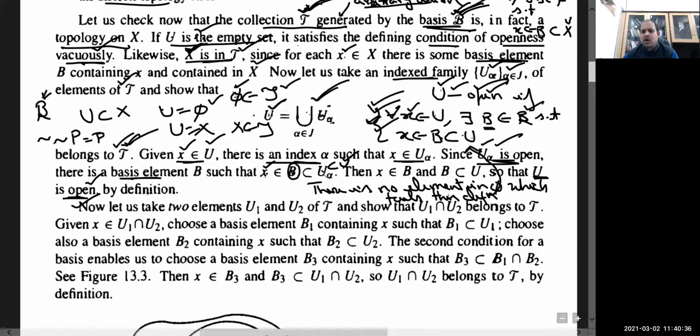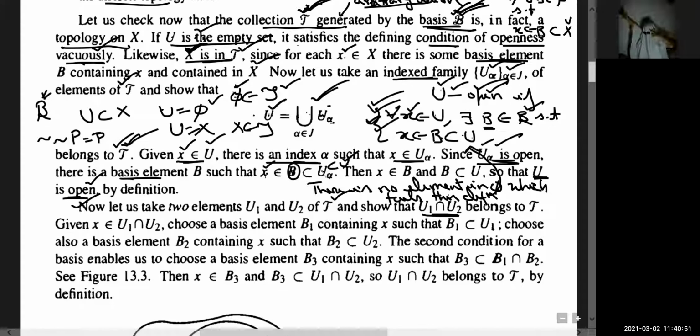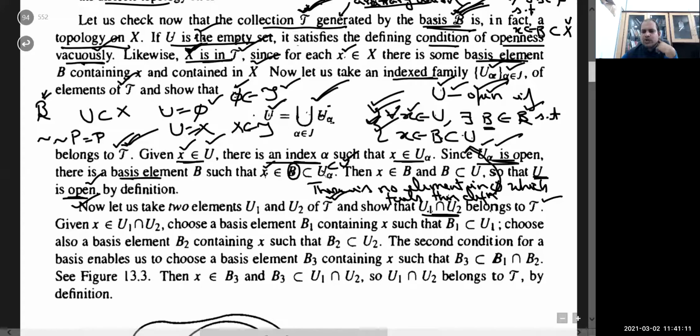Just suppose U1, U2 are members of T, and we need to show that their finite intersection is also in T. So first do it for 2, and then using induction you can do it for finite. सर, U1, U2 के लिए करना काफी रहता है, 2 पे ही हो जाता है. मोस्टली इन्होंने 2 पे ही दिखाया है इस बुक में. 2 के लिए हो गया तो वो फाइनाइट के लिए होल्ड करेगा. So suppose U1, U2 are 2 members of T, and we need to show that U1 intersection U2 again belongs to T.